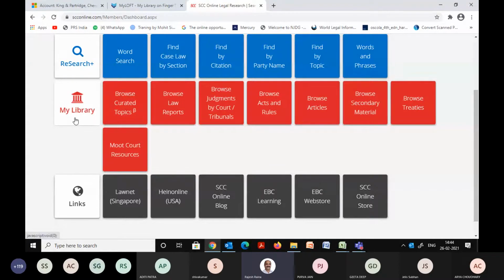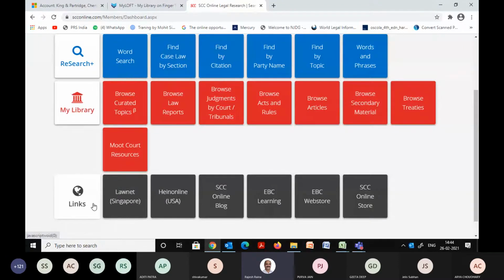It's as the name suggests, like a library. The one where you have a physical library, here in software you have this e-library, which has certain topics. On the basis of those topics, when you click, you get the subtopics, and you can view that particular subtopic or document. Whereas in research, you will do some key input from the keyboard. You might do a word search or a query search, or you might also search by various other options like party name, citation, or maybe act and section, etc. So that is the research section.